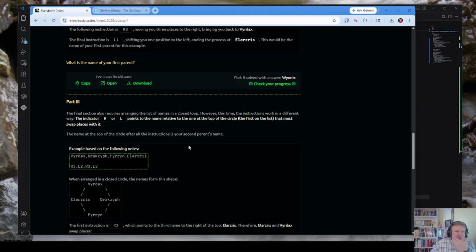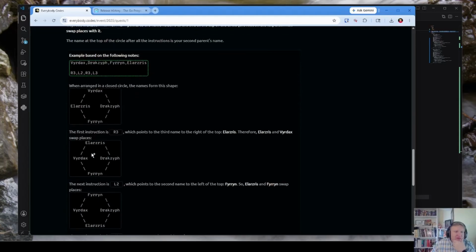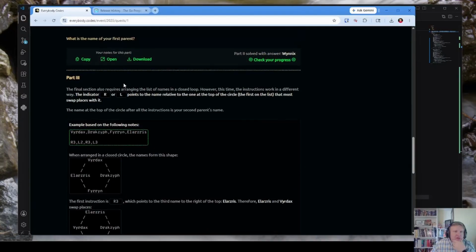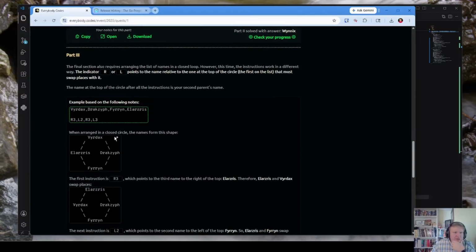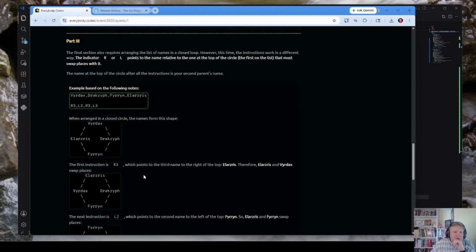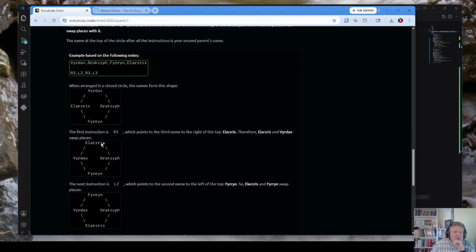Okay, name relative to the one at the top of the circle that must swap places with it. Okay. R3 is L2.